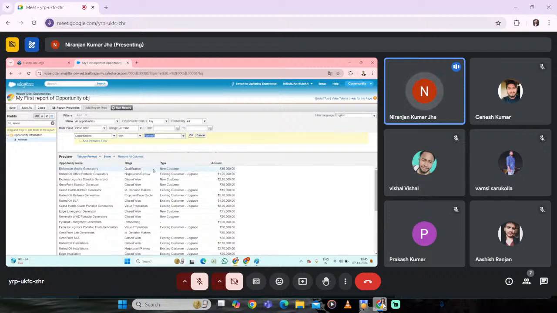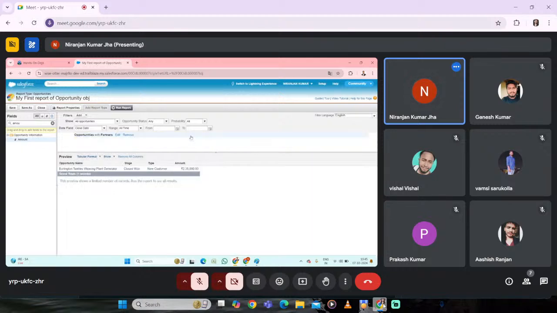So when you click on this, just click OK. So here you can see there is only one opportunity having partners. The number of opportunities that have related partners will appear whenever you select this option. So this is how you can create a report